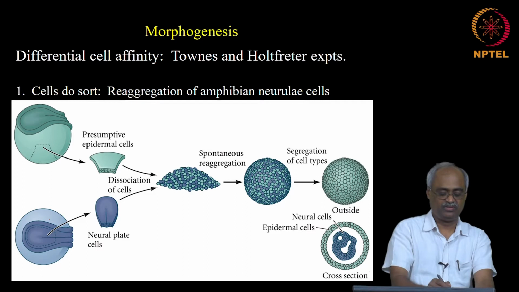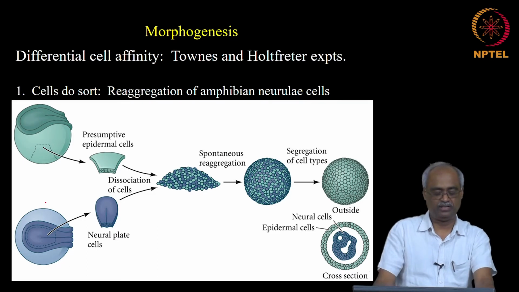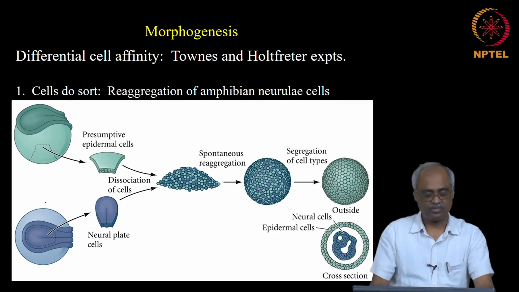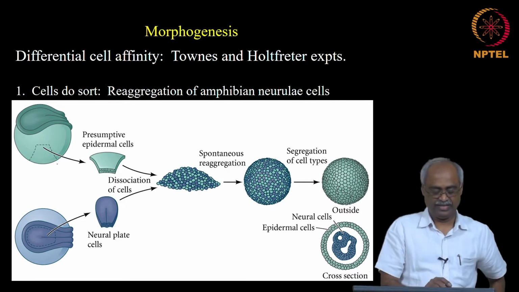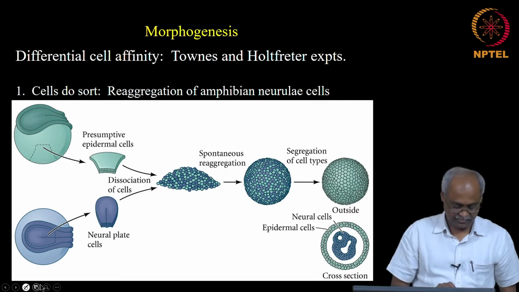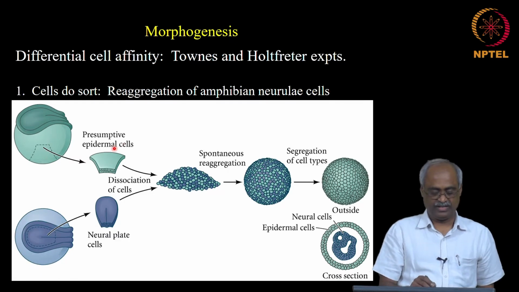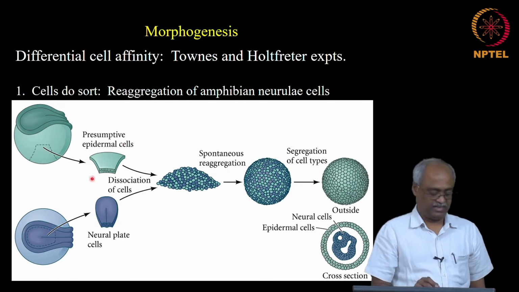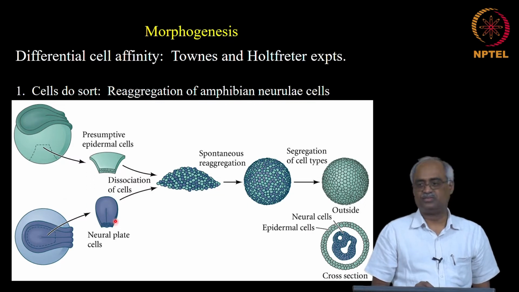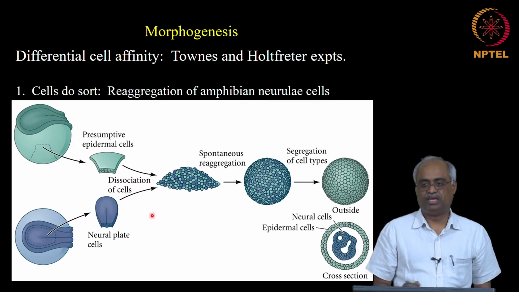For example, you take two differently pigmented frog embryos, and from this one you are taking epidermal cells and from here neural plate cells, and then you heap them together, okay,